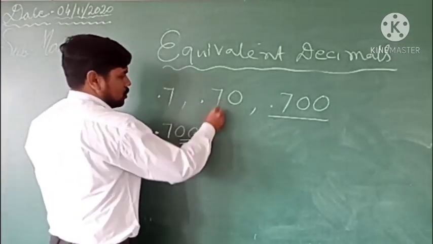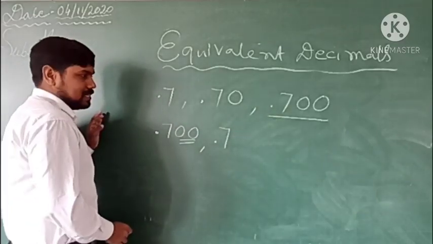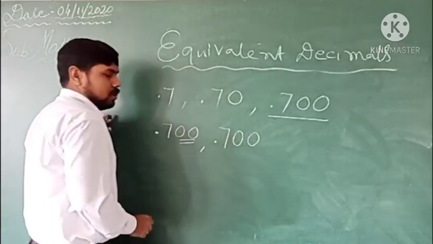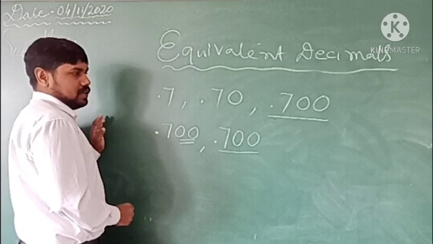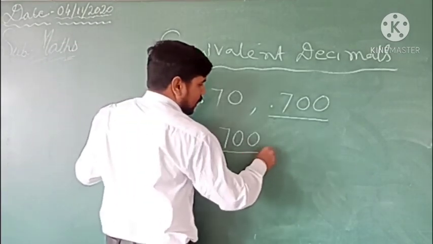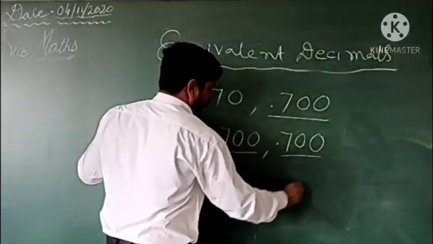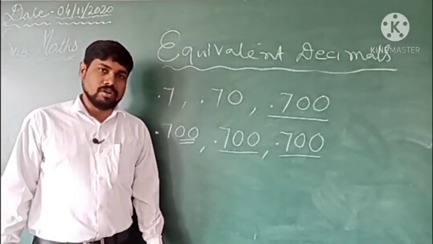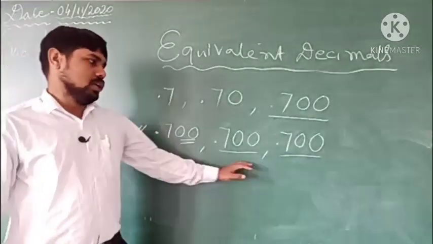And in this also, how many 0 do you have to add to make the equivalent of this? 10, because 10 we already have. So 10 we can add. तो यहाँ पे अगर add करेंगे तो ये भी decimal 700 हो जाएगा. And in the same way, in this we will not make any changes, so this will be as it is, decimal 700. So now these all numbers are equivalent, right?